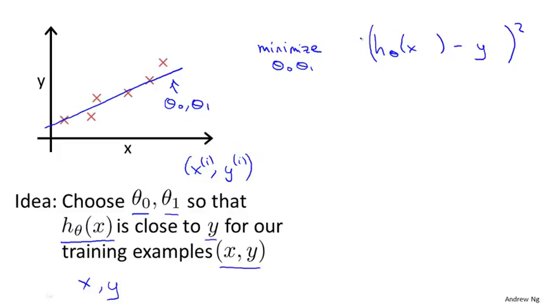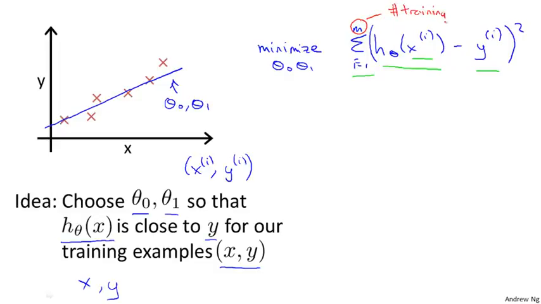So what I want really is to sum over my training set, sum from i equals 1 to m, of the squared difference between the prediction of my hypothesis when it is input the size of house number i, minus the actual price that house number i was sold for. And I want to minimize a sum over my training set, sum from i equals 1 through m, of the squared error, the squared difference between the predicted price of a house and the price that it was actually sold for. And just to remind you of your notation,